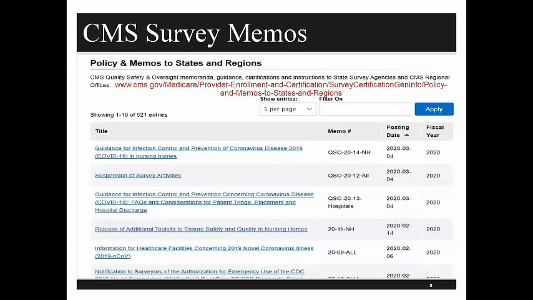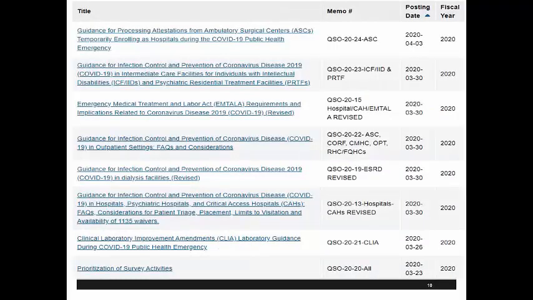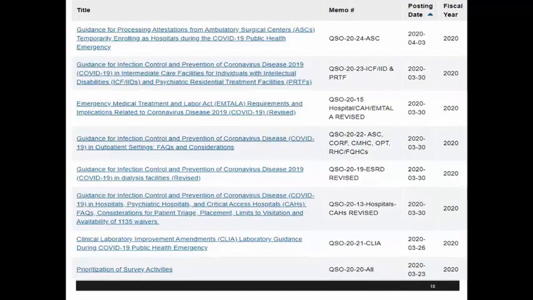And then this is the website for the survey memos. I'm not quite sure why they do this, but when you go out, there's a middle column called posting date, and you need to double-click posting date. And then you just click on the one that you want, and this is a little bigger version. You can see that all the most recent ones have all been related to